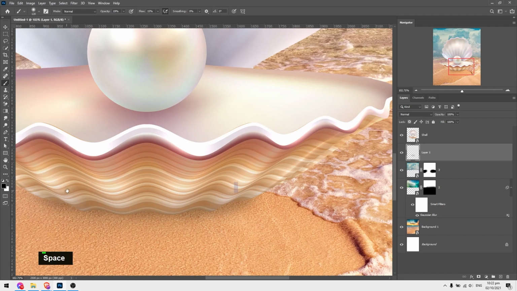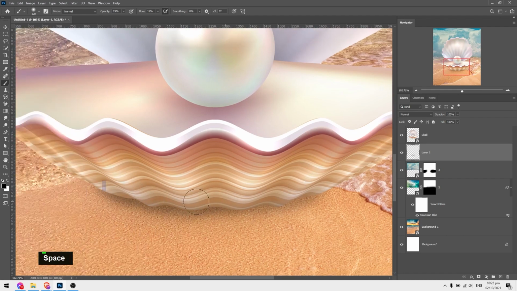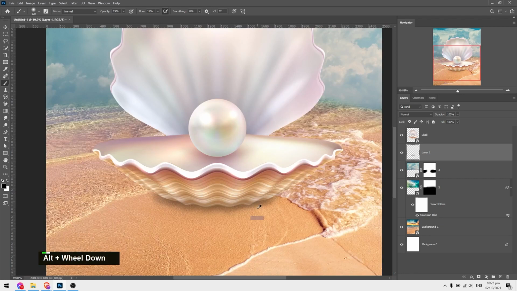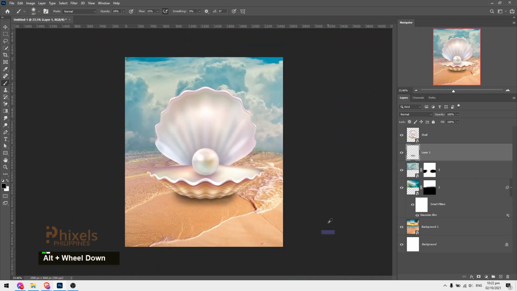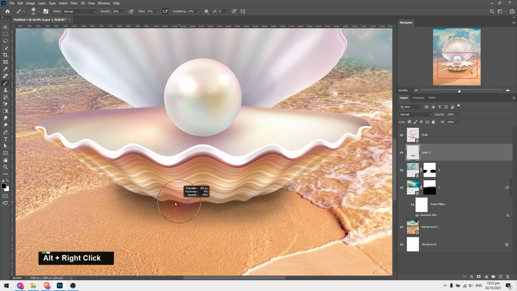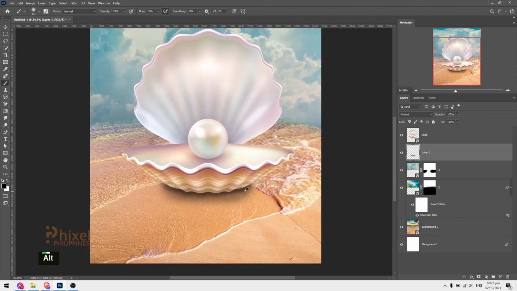So, we are just pretty much creating a fake shadow around this area. Ayan. Okay. There. Now, let's add some more para maging mukhang realistic siya. Okay. Now, maybe let's add even more. Okay. Ayan. There. And you know what? Kasi parang concentrated lang dito yung shadow. Let's try na